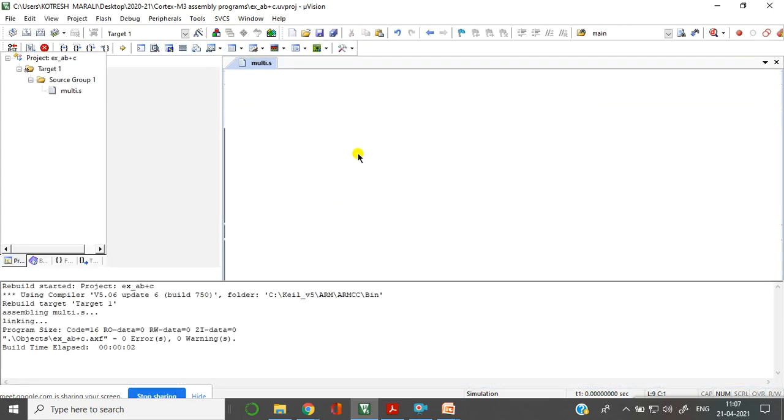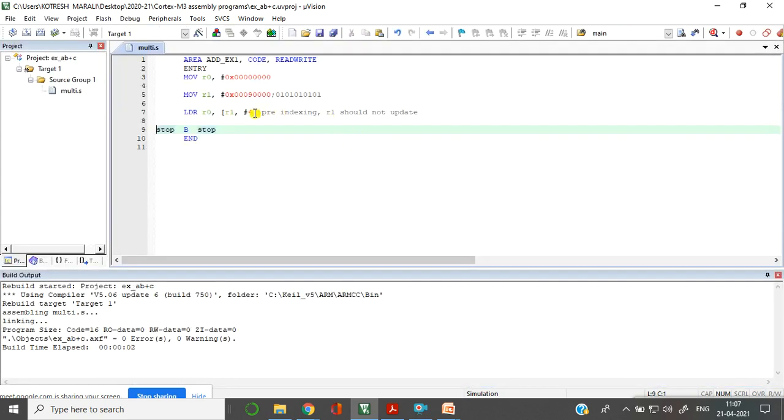And I'll show a last one, that is post-indexing. What do you mean by post-indexing? It will first fetch from R1, then it will update to the next address location.